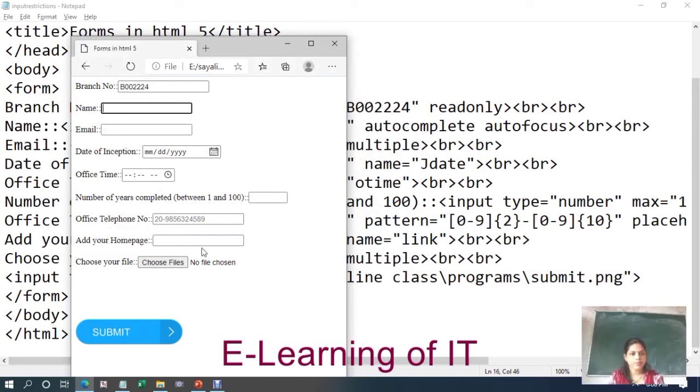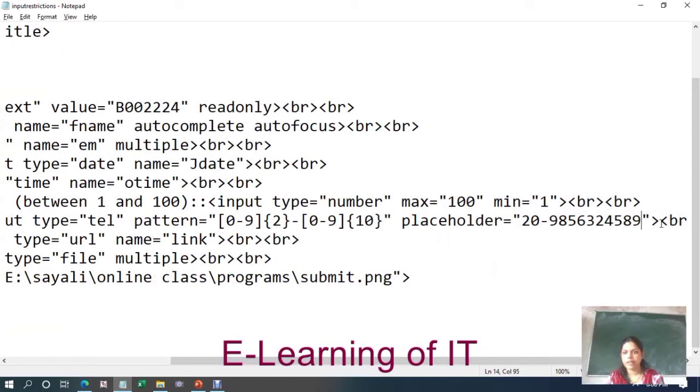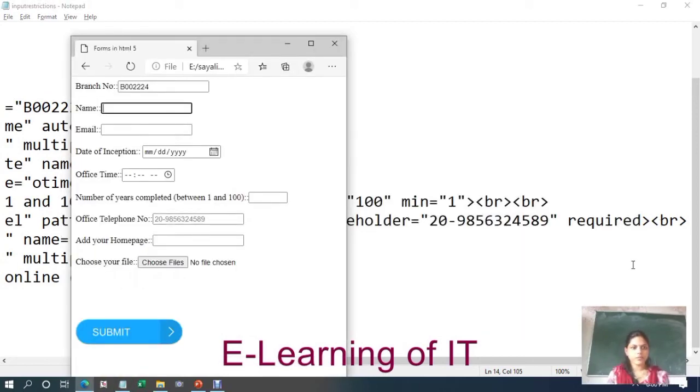Suppose the phone number is a required field, then within the phone number at the end you can specify required, so that if you do not enter a value into it and you try to submit the data, you will be given an error message: please fill out this field. So this field is a required field. If you enter a value into it, then your form will be submitted to the server.